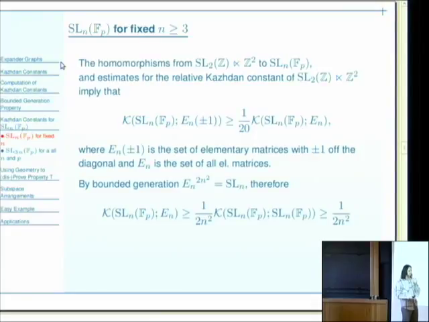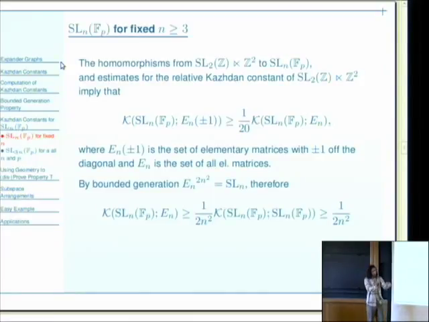When you embed this group into SLN(Z), you only use the matrices where the SL2(Z) part is identity. No, in the generating set I put everything. So okay, when I do this, this follows from the result that says that if